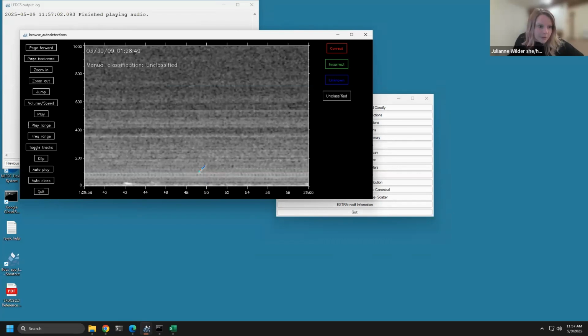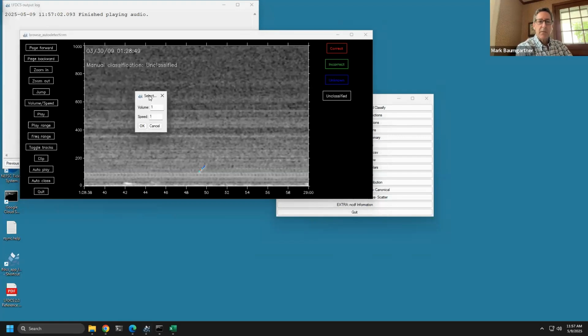And then, yes, Mark. Hey, Julian, just quick note on the speed and volume. The whole reason there's changes of speed in this is because there are some species that you just can't hear. If it was a blue whale or even a fin whale 20 hertz call, you're not going to be able to hear them through your headphones, and you'll be lucky if you hear them through your computer speakers. If you were in a movie theater with like Dolby sound, sure, you'll be able to hear them, but many of us don't do our audio analysis in a movie theater. So